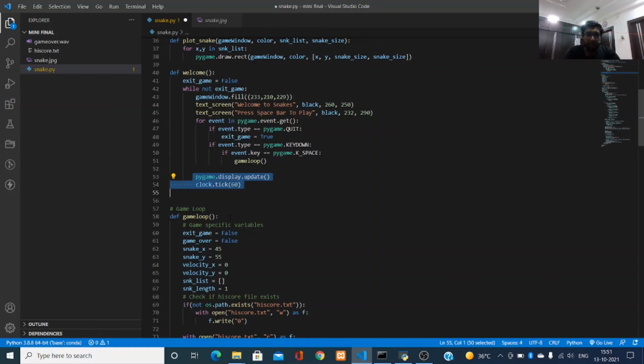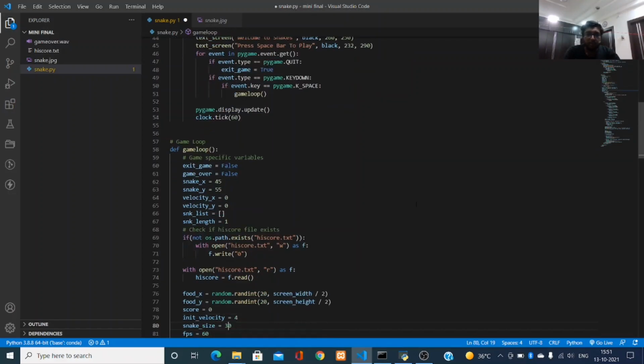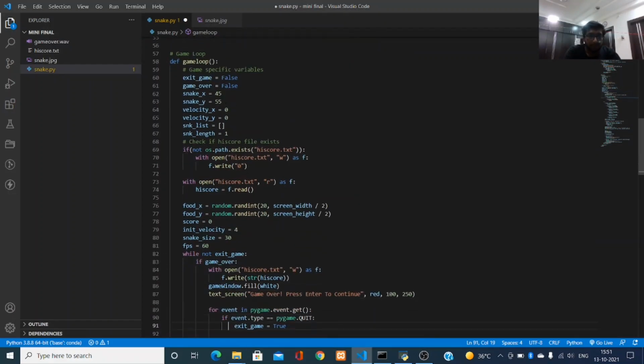Then I have created the game loop function. I have created this type of variable in the game loop function. This is the velocity x variable. This is the velocity y variable. Then I have created snake list. Then I have created snake length. This part is for checking high score.